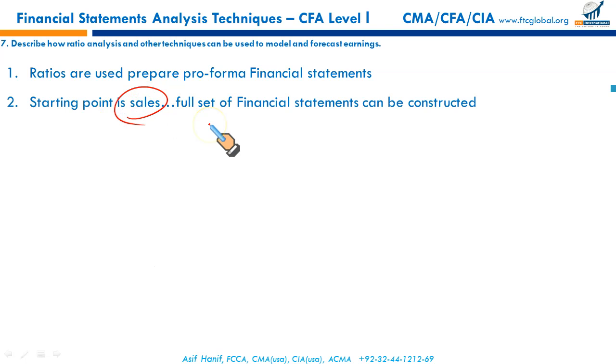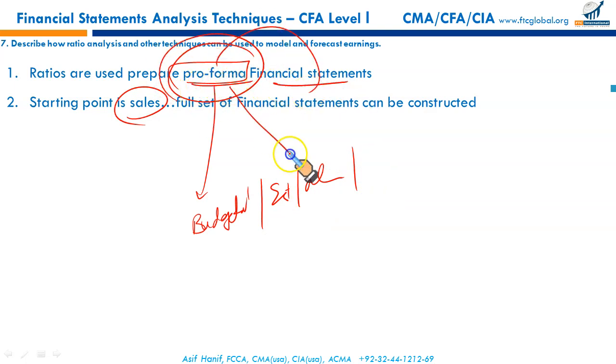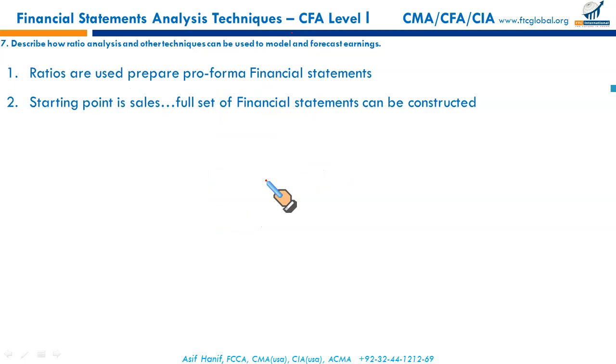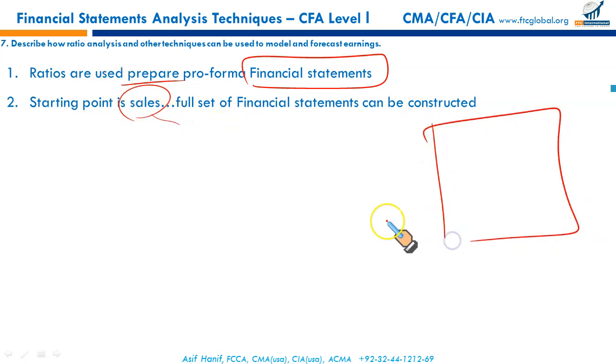Starting point is sales. And pro forma means budgeted. Mind the word, pro forma means budgeted or estimated or virtual, not actual. Financial statements which are called pro forma financial statements are budgeted, estimated financial statements. They do not represent the actual numbers, the audited ones or the ones that are objectively derived from the company's accounting system. So pro forma financial statements are estimated or budgeted financial statements based upon certain assumptions, based upon ratios, taking sales as our base and expressing each number as a percentage of sales. We can convert those into dollar amounts and we can draw up financial statements.